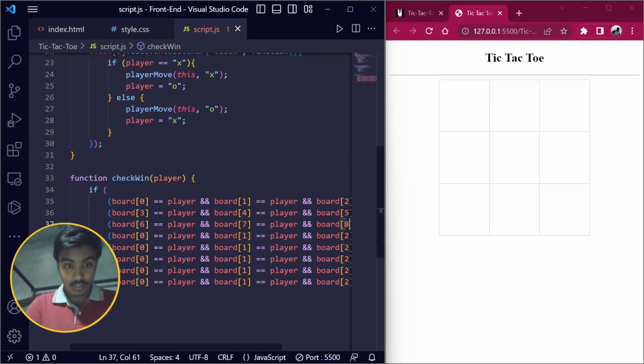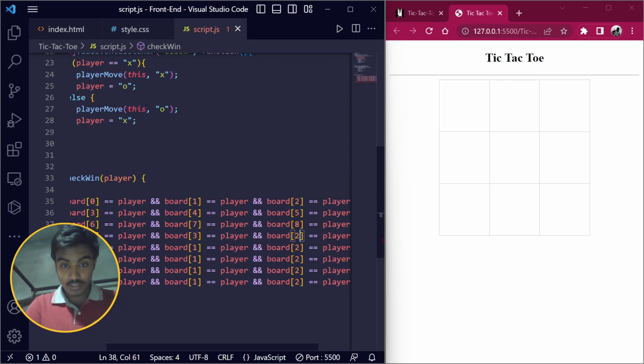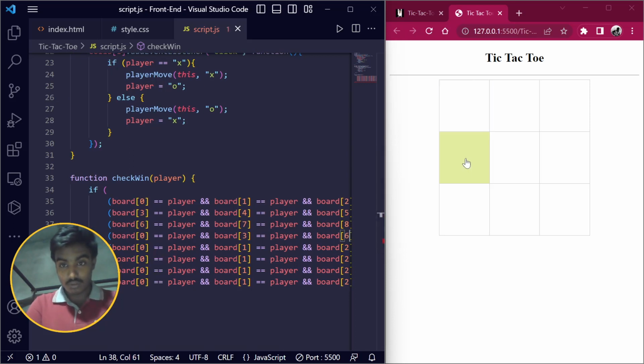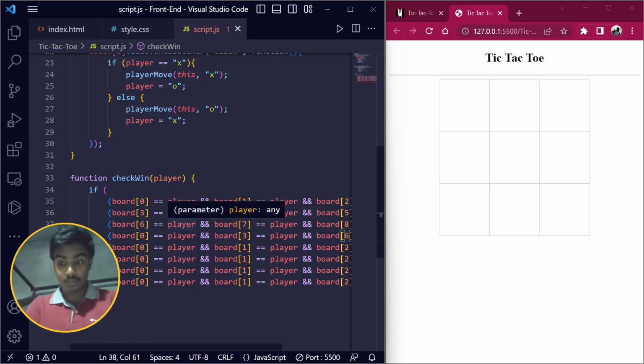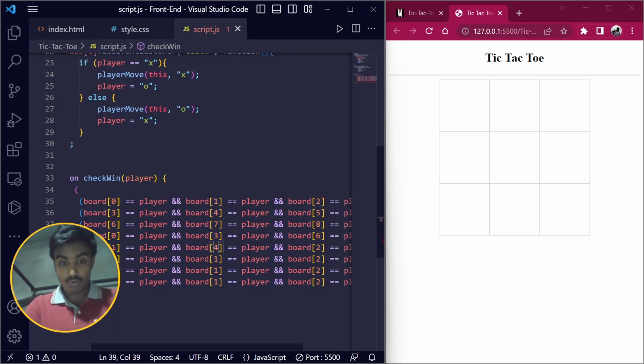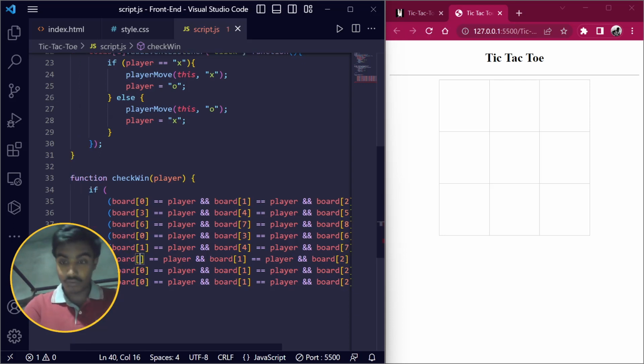So now if it is 0, then it is 3. Let me change 0, then it is 3, and 4 5, then comes 6. So this is 6. Now 0 3 6. Now we have to define 1 2, no sorry, 1 4 7, 1 4 7. Yes, we have to define 1, then 4, then 7. Then we have to define another 2, 5,